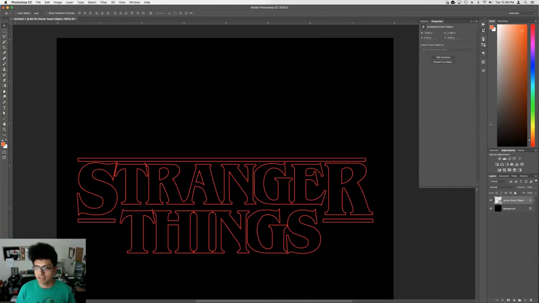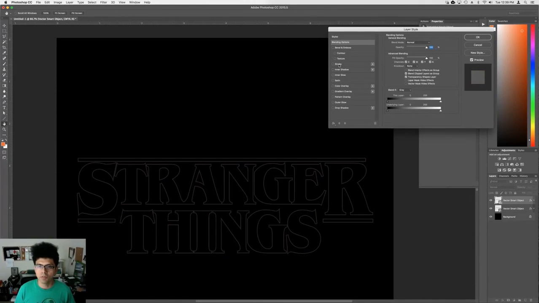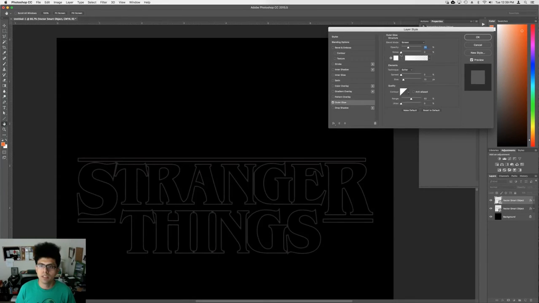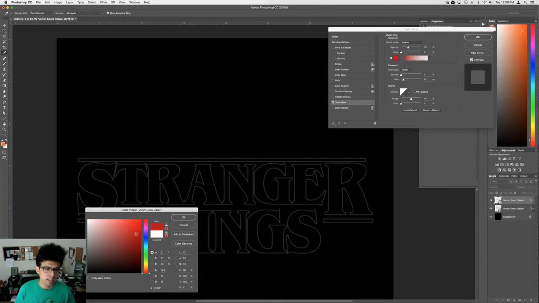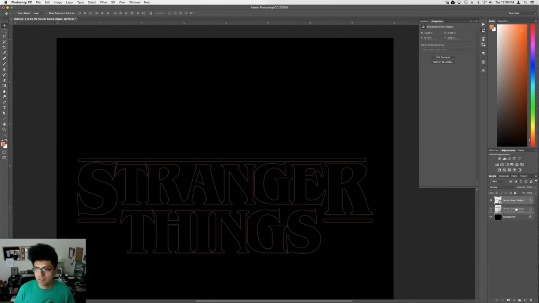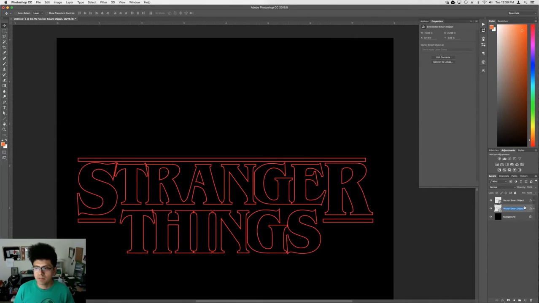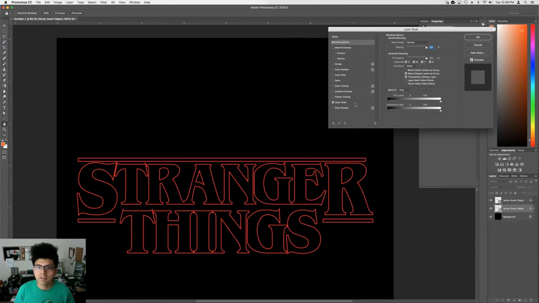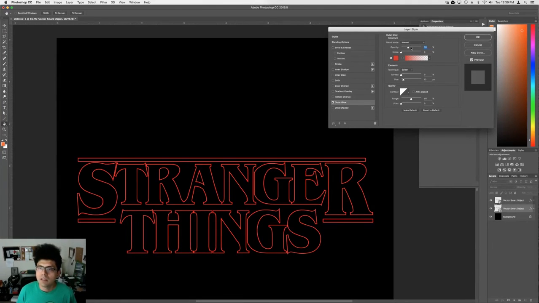And as a separate object, I am copying this same layer. I'm going to turn off that color overlay, and instead I'm going to do a glow, outer glow. Again, red-ish, probably bright red. And that glow, I'm going to make it normal so you can still see it even on a black background. And the opacity is